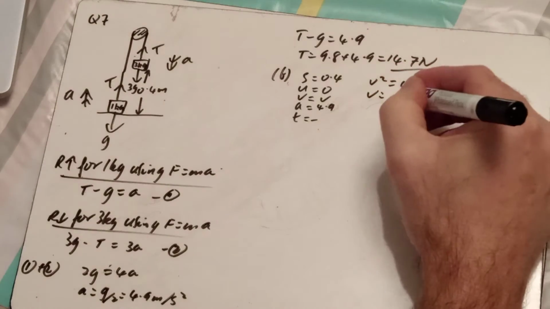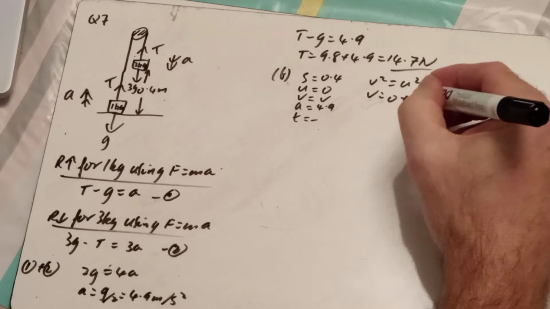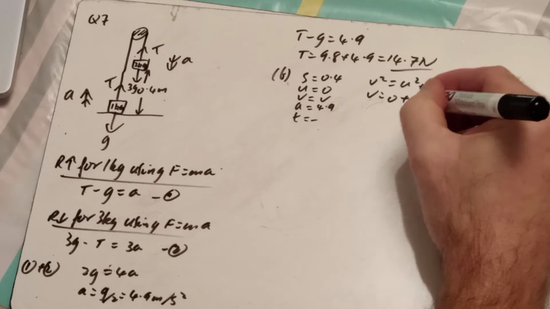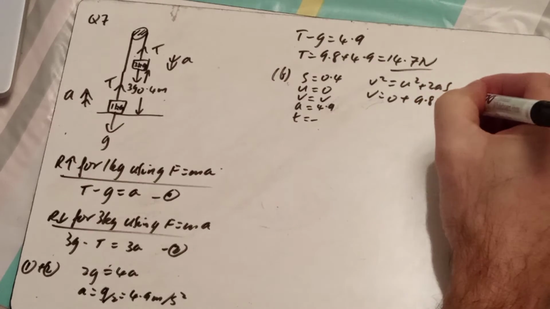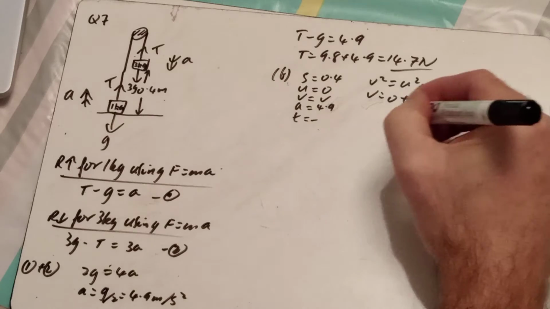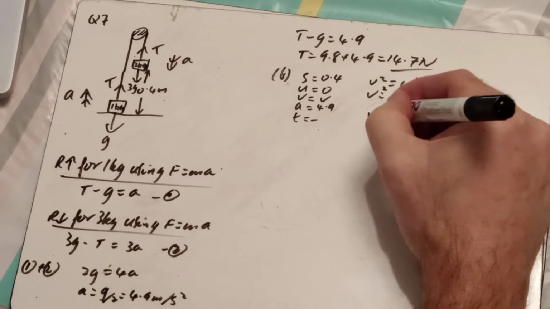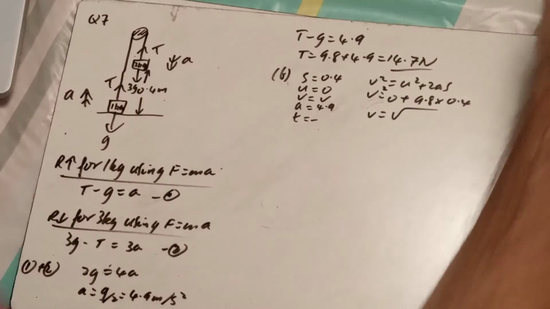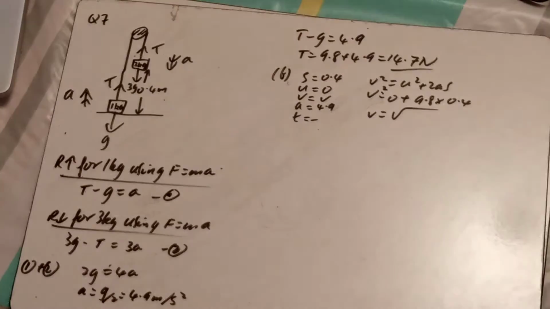So V squared equals 0 plus 2 times 4.9, 9.8 times 0.4, and then V squared, oh dear, nearly made a slight mistake there, forget the squared, I've done before, so just under 4, so V is going to be just under 2. Let's have a look then, so 9.8 times 0.4,